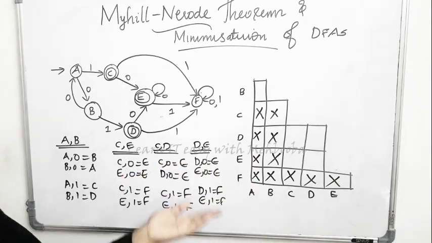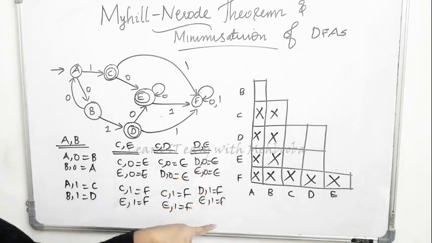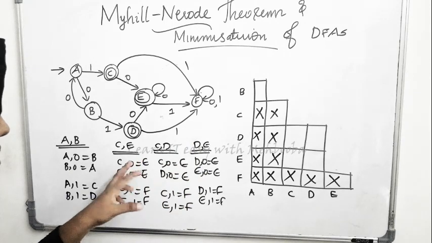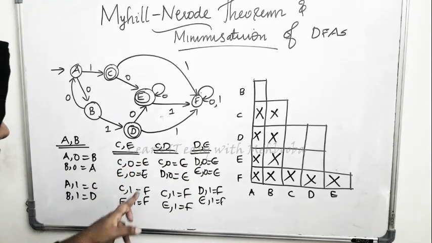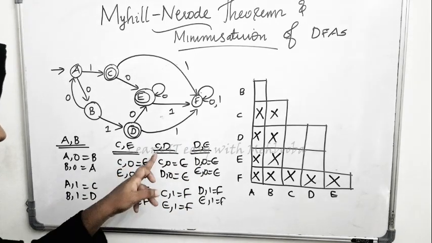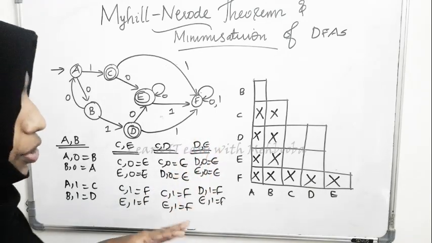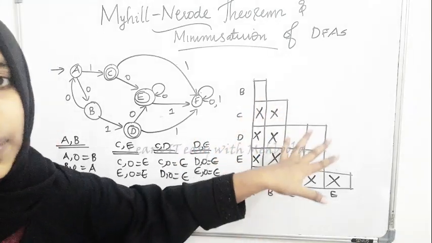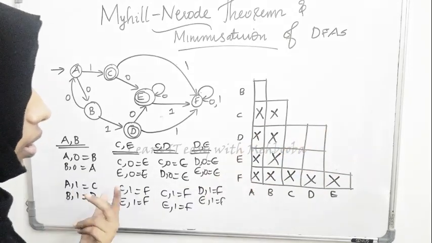So this actually means that they are equal because they are showing the same kind of behavior on 0, I mean all these three states. C on 0 is E, E on 0 is E, C on 1 is F, E on 1 is F. That means these are indistinguishable. Anyway, without you concluding that, you will get that conclusion from the diagram, so you don't have to be bothered about that.